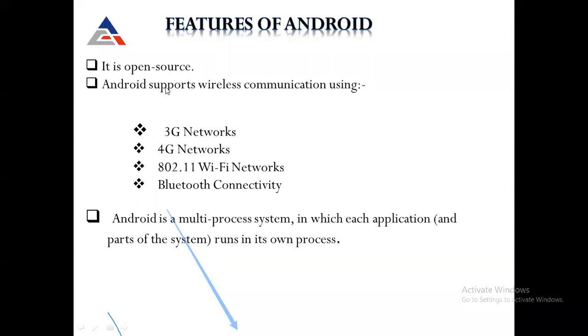The second feature of Android is that it supports wireless communications using 3G networks, 4G networks, 802.11 Wi-Fi networks, and Bluetooth connectivity. This is an important feature of Android. It supports wireless communication: 3G, 4G, Wi-Fi networks, and Bluetooth connectivity. The next feature of Android is a multi-process system in which each